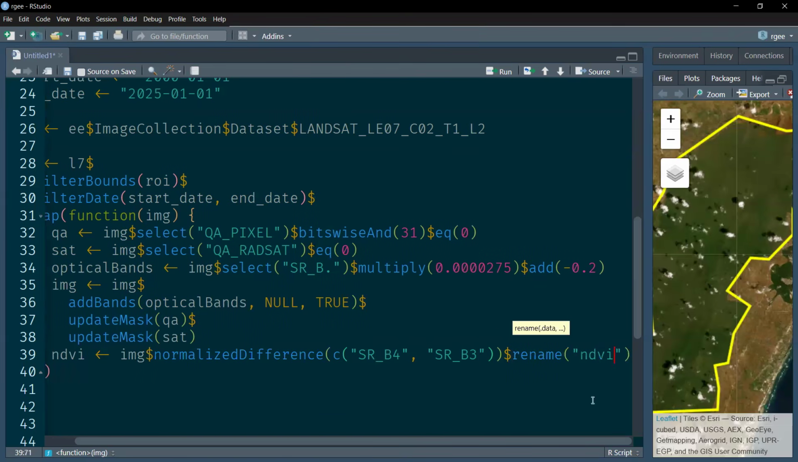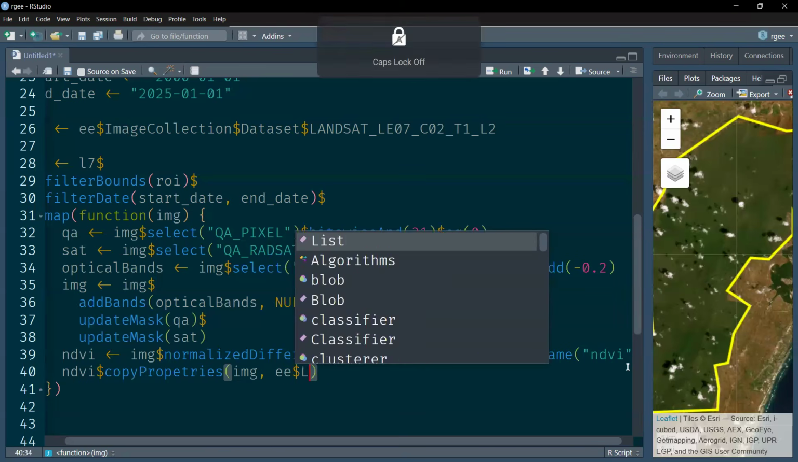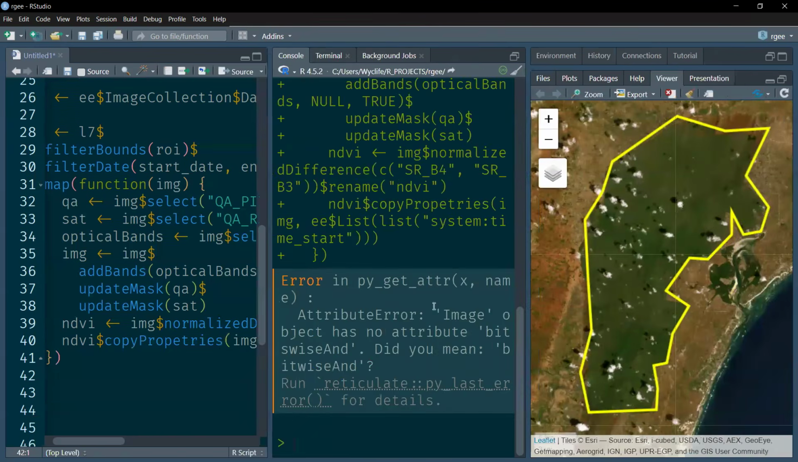So then we rename it to NDVI, and because we need to do a time series, it's important that we return the NDVI with properties. So copy properties. And the properties we are copying are from image, whereby we pass it as a list, which is a list of system time start. So we set system time start. So each of our NDVI will get its original